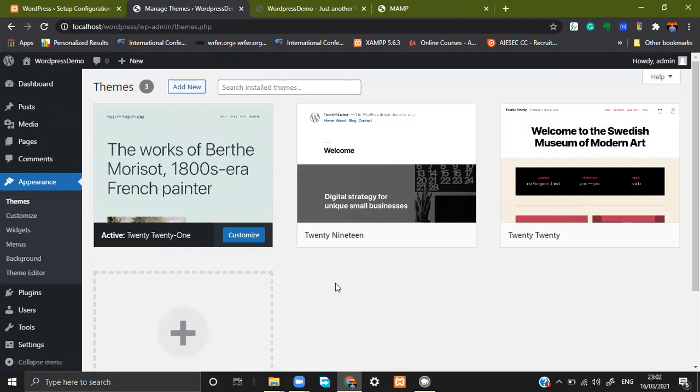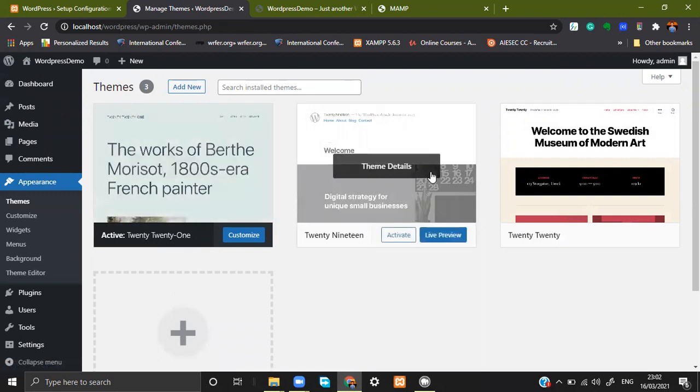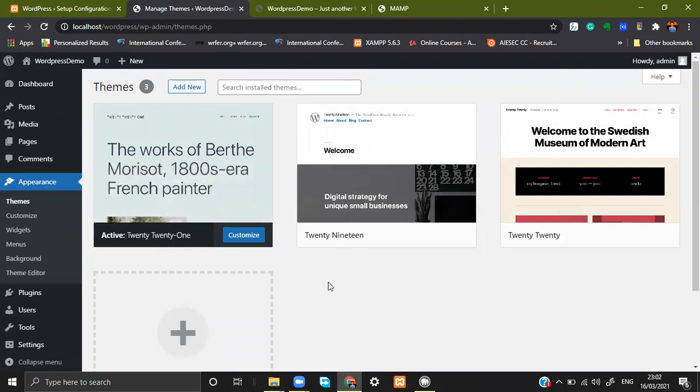Here we can see all of the themes that are installed, and currently the active one is this 2021. We can search a theme, we can get a new theme if we want. Then if we go to theme editor over here,